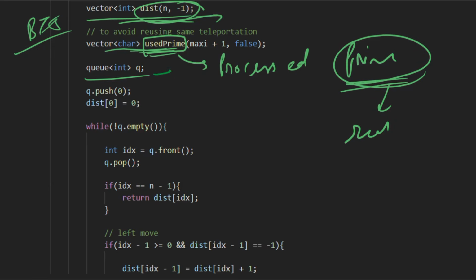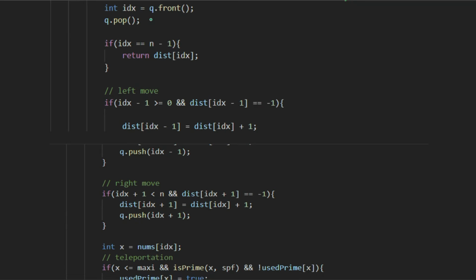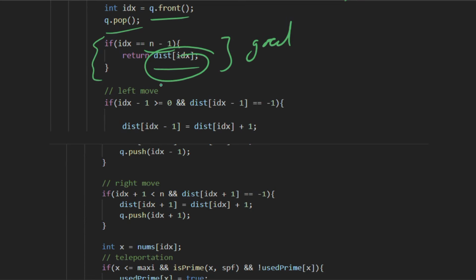And then we have taken the q for the BFS, and initially we push the index number 0 and distance of 0 is 0. Then until our q becomes empty, we take the front element, and if index is equal to n minus 1, that means we have reached our goal, then we return the distance of the index.